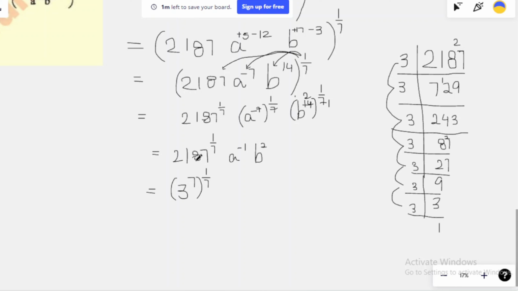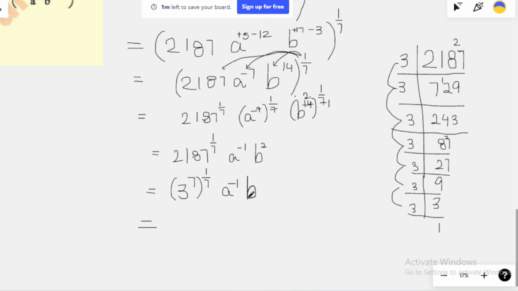That means we are looking for a number which is being multiplied with itself to give this number. So that is simply 3. We got this by using the LCM by division method, and here it will be a raised to the power -1 and b raised